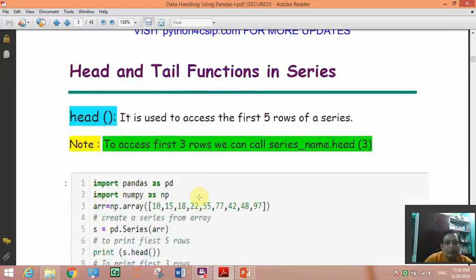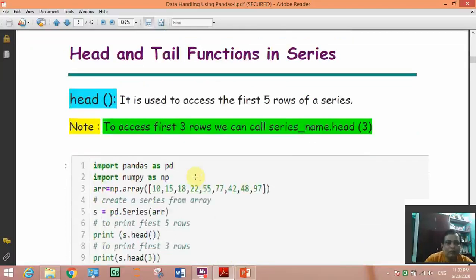Head and tail is another interesting function in series. Head means, suppose you want to take the top 5 elements from the upside, like you are preparing the result of students and you want to select only the top 5 students. In that case you will use the head function. The head function will take data from the top side.